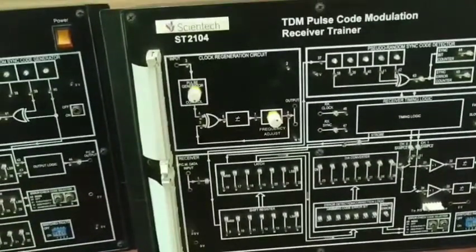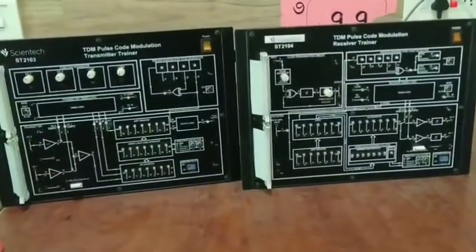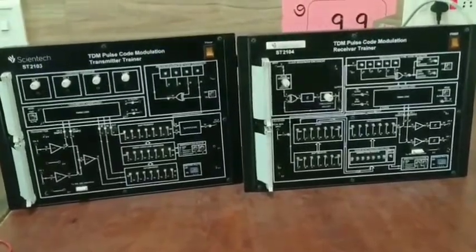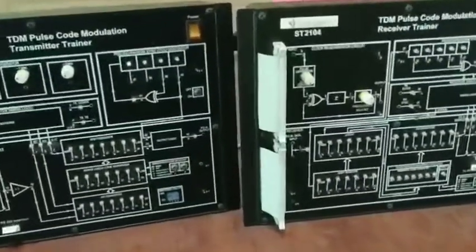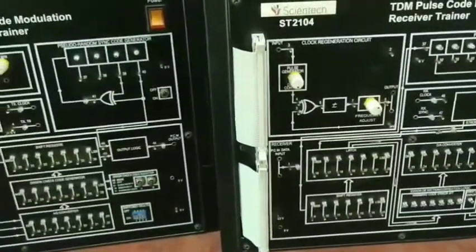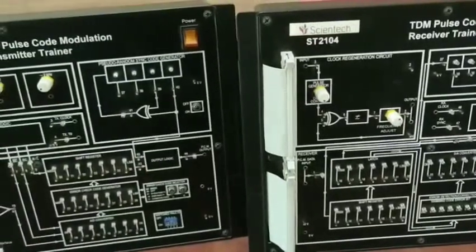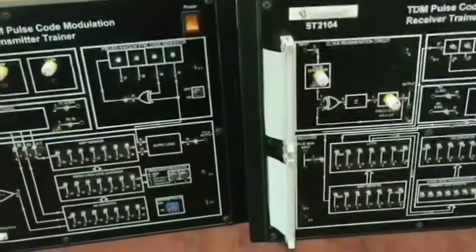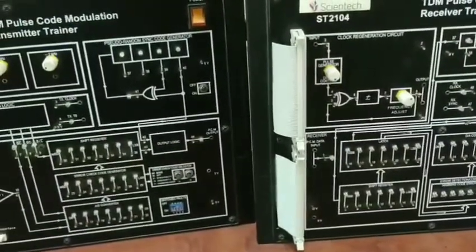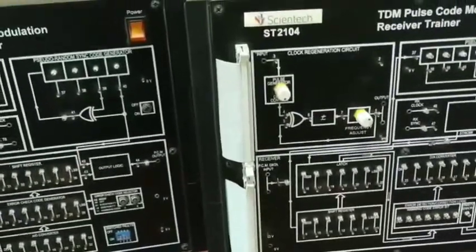So for performing this practical, we will use here the three different modes. Mode 1 will be considered as when the transmitter clock and the receiver clock are directly connected. It means there is a physical connection between the transmitter clock and the receiver clock. In the same way, the transmitter bit synchronization T0 and the receiver synchronization RX0 are physically connected.